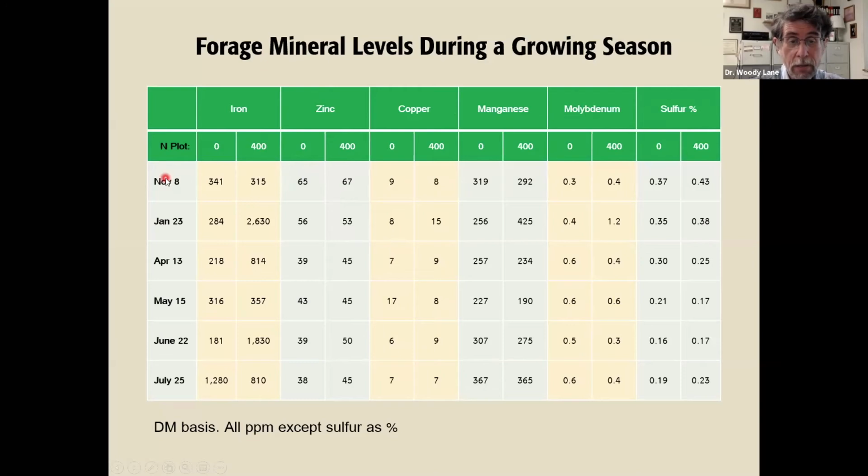And here down on the left side are the different dates, starting in November, January, April, May, June, and July. So here are the course of the season. Let's take a look at the iron. They went from, well, you'll see, 181 was the lowest, 2,600 was the highest, but even within the same plot,